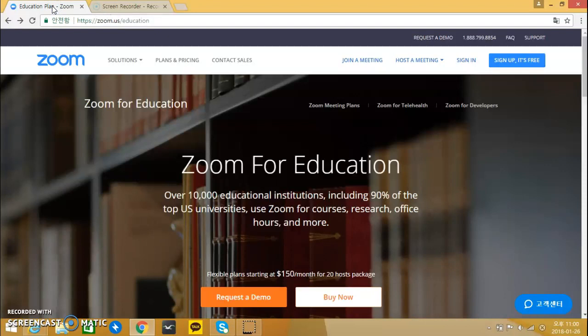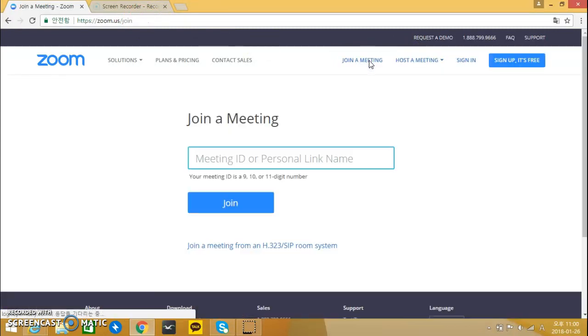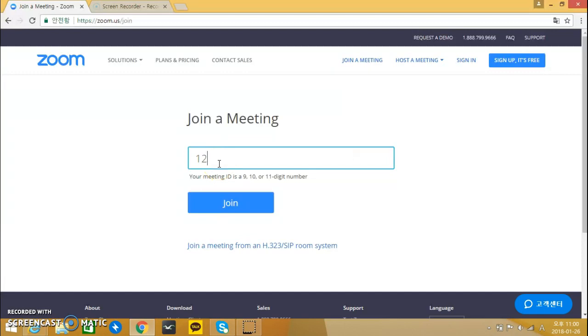Okay, so this is how you're going to open Zoom. So first go to https://zoom.us/education, and then you click join a meeting, and then here you will type in my ID. So my ID is 124830563, and then you click here on join,